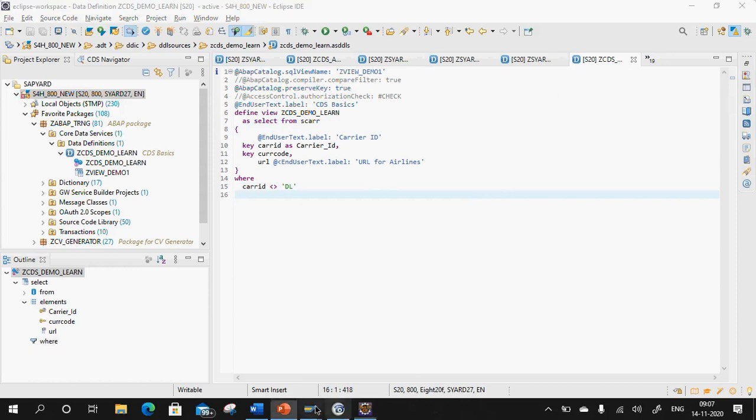So where were we? I forgot. Okay. Now I want to show you how to use join in your CDS view. But before I show you how to use join, I want to show you that apart from CDS, like how you use system variables in SAP ABAP, like sy-uname, sy-datum, sy-langu, sy-mandt and all those things, similarly here also there are certain session parameters which will give you the current system date and all those things. To show you the same, I'll show you an example.